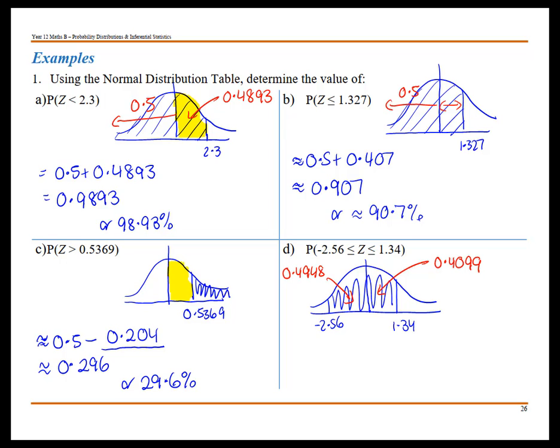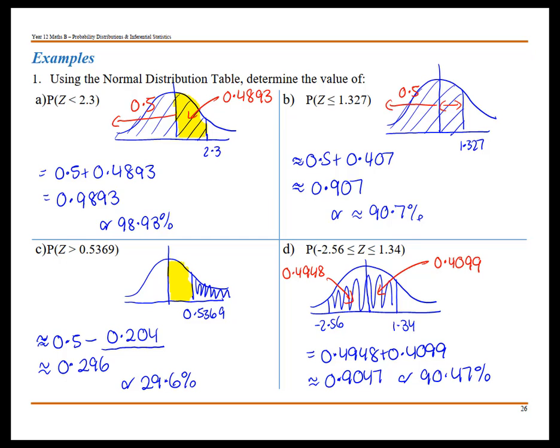So our proportion is going to equal 0.4948 plus 0.4099 because we want the whole distance between, and that is approximately 0.9047 or 90.47%. Okay,